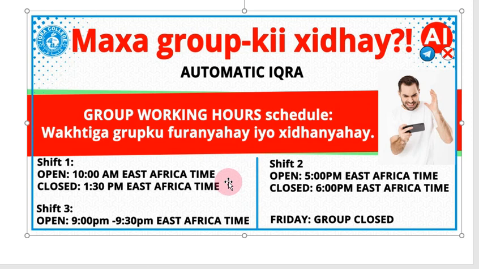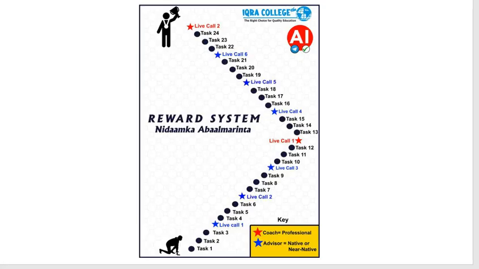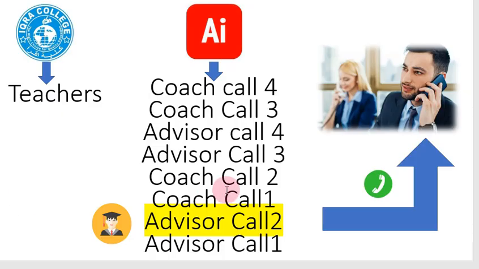We want you to be someone who's on time. This is going to help you to change. This is going to help you to reach your goals. Trust me, I've seen this and it works. This is how you get your success and you become the kind of person you want to be, change your life. All right, I just want to tell you, when the coaches or the advisors are calling you, they will text you. So don't be late, just try to be on time. Don't miss that call.